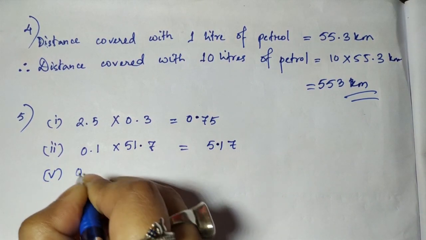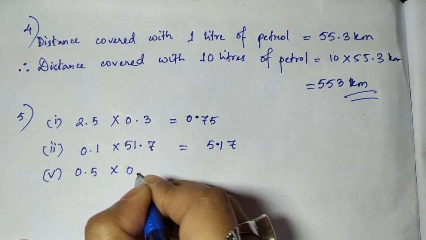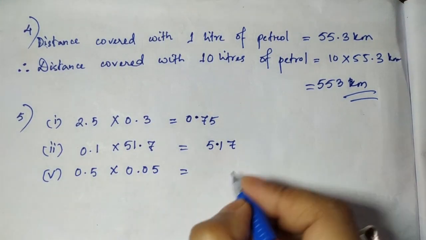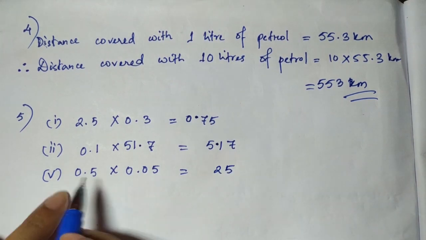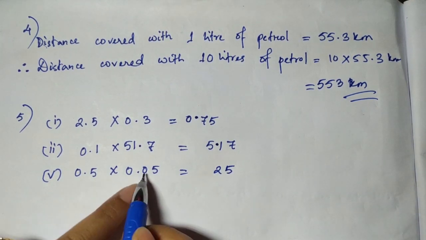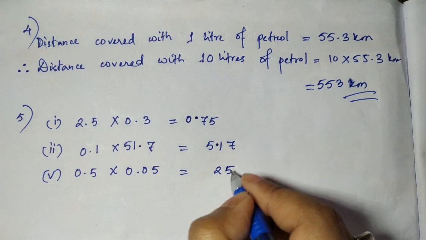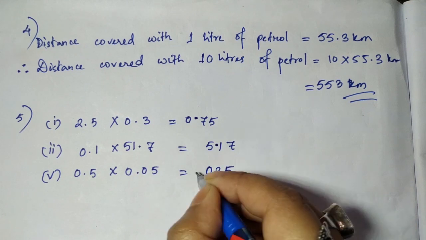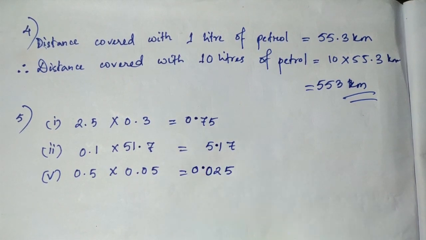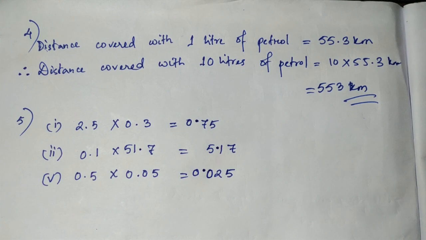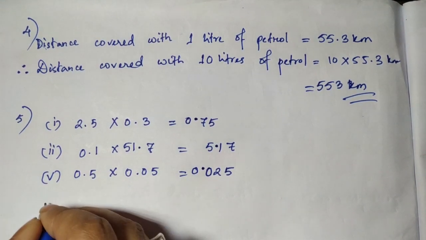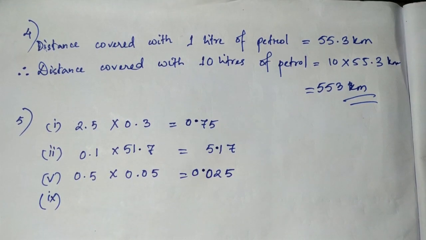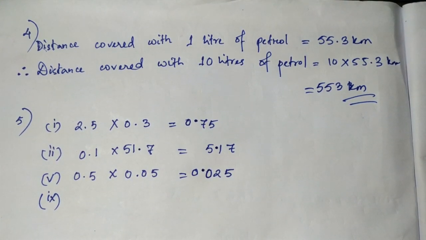Let us do number 5. 0.5 into 0.05. So without decimals 5, here also 5. 5 5s are how much? 25. How many digits are there after decimal? 1, here 2, 3. So total of 3, 1, 2. Now what about the other one? We have no other place. So when we don't have a place, we add 0 and place the point here, and this looks as 0.025. I hope you have got these things in your lower classes also. It's very easy. Okay, and even if you haven't got, you can still learn it now.